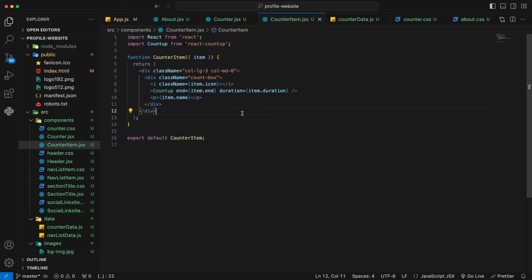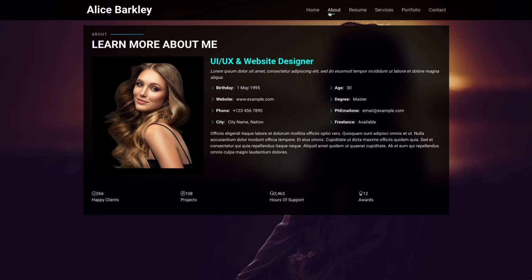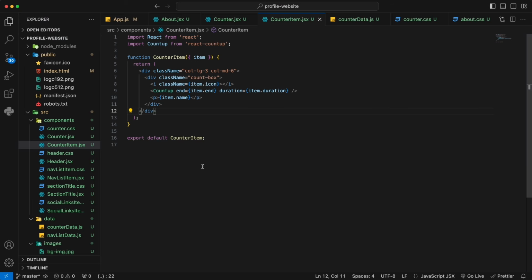Basically means whenever the about page is active, we will let this counter take place. Otherwise, this counter will not be triggered. So we must add a variable on the state variable to decide whether the page is on home or it's on about or not on about. If it's on about, we trigger the counter. If it's not on about, we stop the counter, right? So let's think,